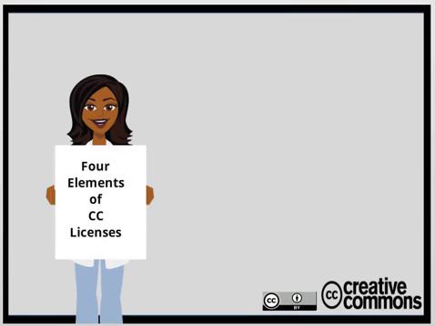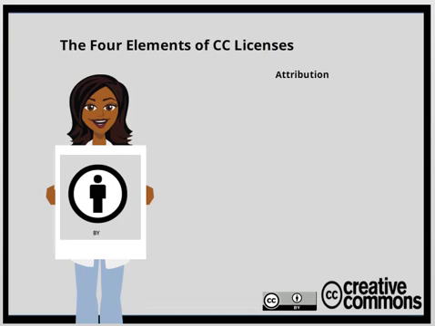Now on to the 4 elements and their icons. These are the elements combined to create the different Creative Commons licenses. Each has a recognizable icon and an abbreviation, which both are used in the creation of the licenses. The first element found in every license is attribution, or BY. This gives the creator his or her due that the creation is theirs, and we as the users need to keep in mind that this is the person or persons who have chosen what the license will or will not